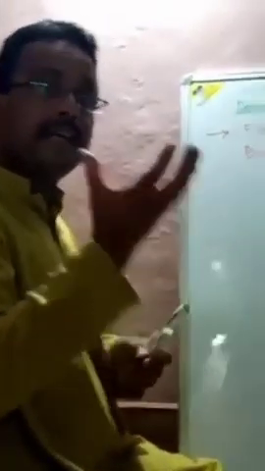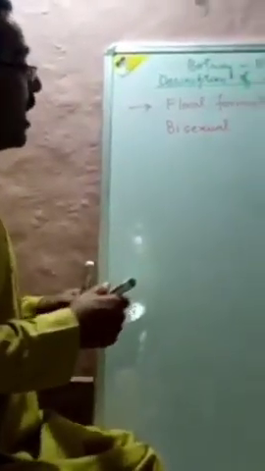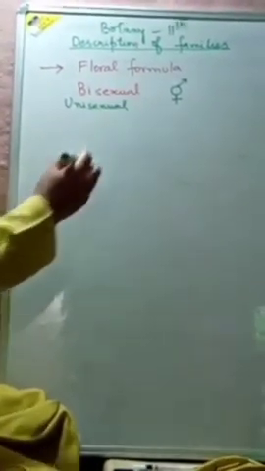Now, one more term जो हम फ्लोरल फार्मूला में ज्यादातर इस्तेमाल कर लेते हैं, that is now the sexual organs. If the flower is bisexual, that is both the sex organs are present. That means male sex organs, the male sexual part and the female sexual part, they are present. इसको हम symbolize कर लेते हैं like this. Bisexual, that means both the sexual organs are present. Now, in case of unisexual, that means when only one sex is present, either it may be male reproductive organ or it may be female reproductive organ.